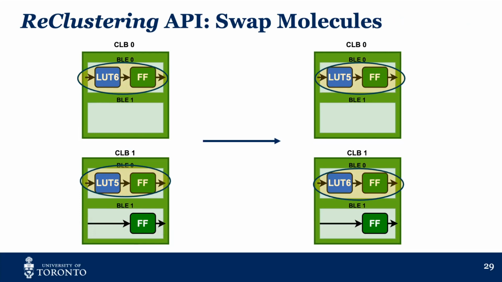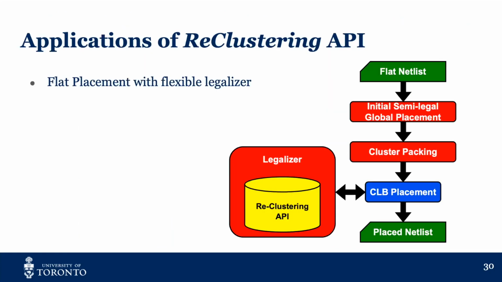So these three interfaces will allow the user to propose any change to the already packed netlist, either in packing or placement. So this API can be used in various ways, or to propose various optimizations. First, it can be used with a semi-legal global placement, which there are a lot in the literature, to build the legalizers that can take this semi-legal global placement and try to build a fully legal one